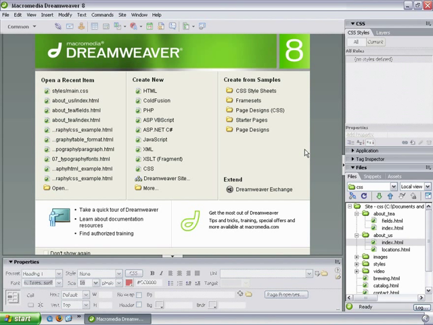In a nutshell, tables give you the ability to make your web pages look more like they came out of a page layout program like, say, Adobe InDesign or Quark Express. And you really won't find too many professionally made web pages out there today that aren't built with tables. So tables are one of those things that you really just need to learn, and you also really need to practice so that you can apply them to your own work. So over the course of the movies in this chapter, I'm going to be showing you how to insert tables onto your page, and then what you can do to change their properties, their characteristics, and appearance to make them